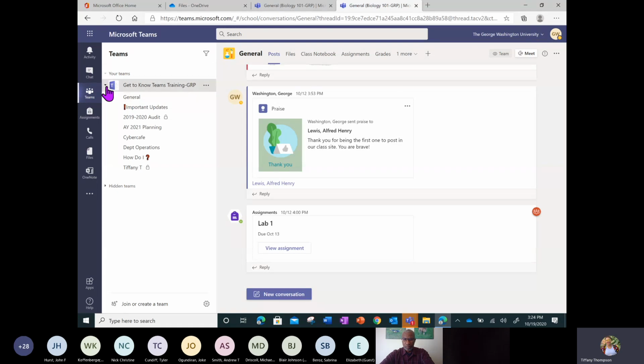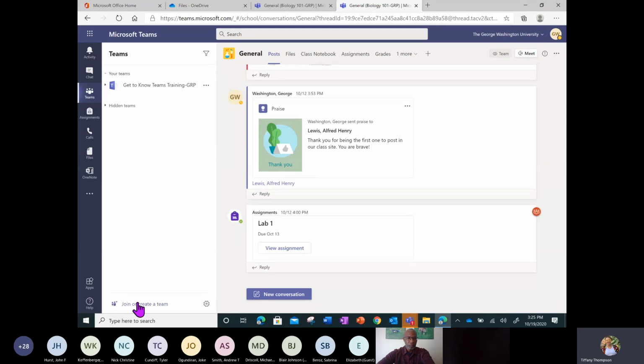Okay, so I am actually going to walk you through creating a team. Well, actually, I'm going to create a team first and invite you to participate. And then I'll walk you through creating your own team, because I want you to participate in the team first so that you can get the full experience as a participant or a member before you become an owner.